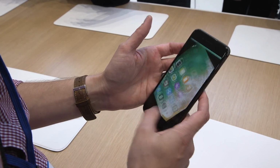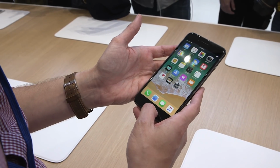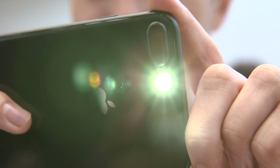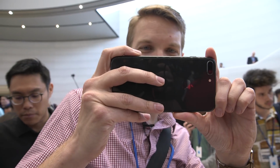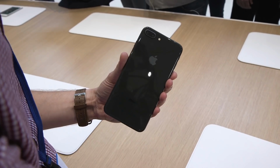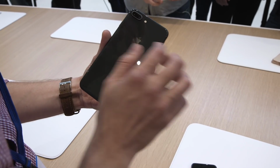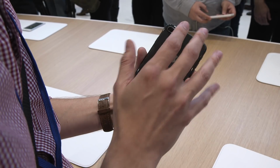Otherwise, everything else is pretty much like the iPhone 7 that you know. It still has Touch ID, unlike the iPhone 10. It still uses that force touch thing, so it's not a physical button. On the back are two 12 megapixel cameras, and then of course the regular iPhone 8 just has one. But on the 8 Plus, it's actually really impressive because it uses optical image stabilization,